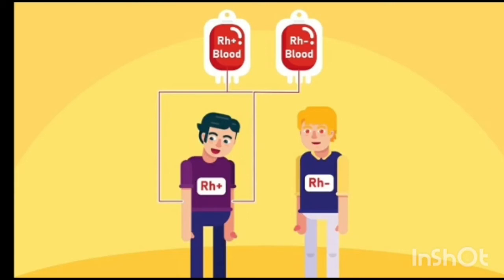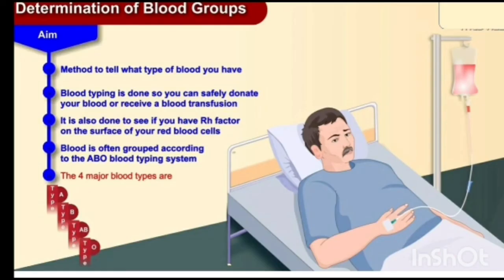So basically, beside the antigens A and B, the rhesus factor, a protein, is also present on the surface of RBC, and based on the presence or absence of rhesus factor we can identify the blood group as positive or negative. If rhesus factor is present, such a blood group is called a positive blood group. If rhesus factor is absent, it is called a negative blood group.